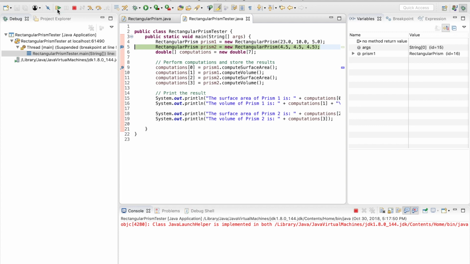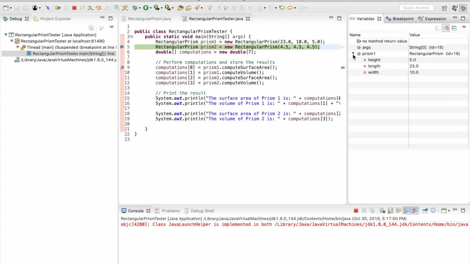The debug perspective has a lot of useful tools to see what's going on in our code, which we will get to later. Now we see that the line where we toggled the first breakpoint is highlighted. Note that this line has not been executed yet, but the code up to this point has. So we have executed lines 1 through 4, and you can see in the variables pane that prism1 has been